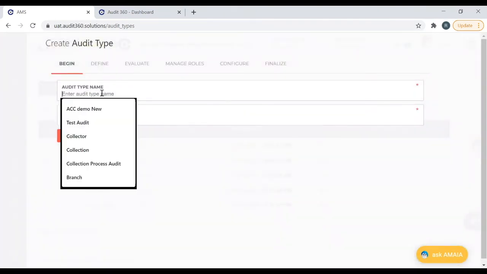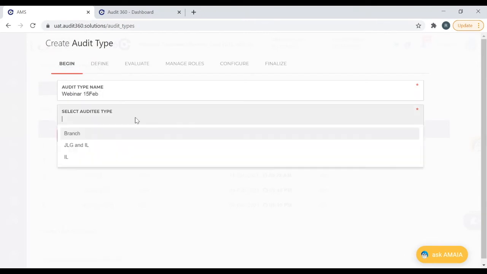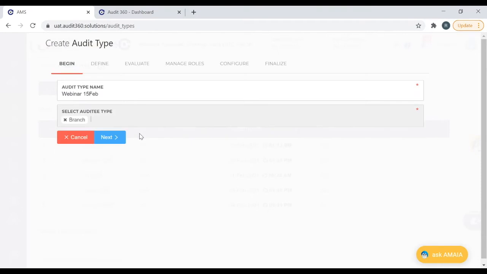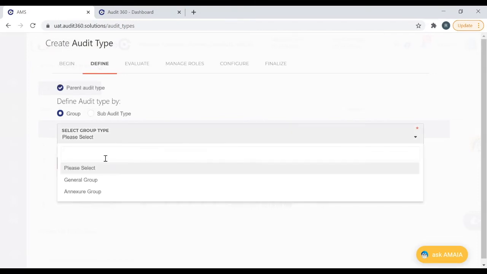I'm starting with the audit webinar only as the audit type, and I'm giving the date, this is just for recognition, and I'm adding the auditee as branch. I move forward and I'm configuring this. All your configuration remains the same. I just do quickly the configuration.